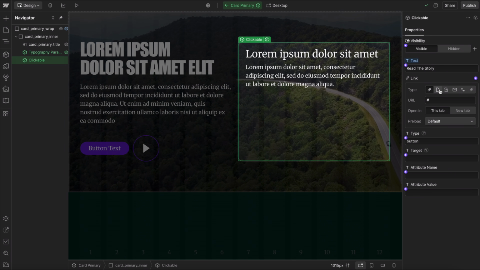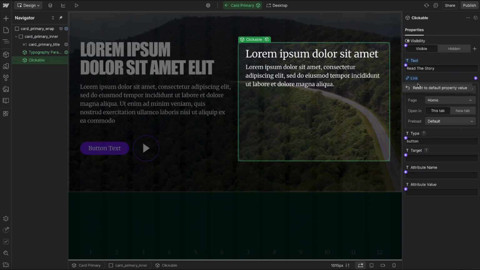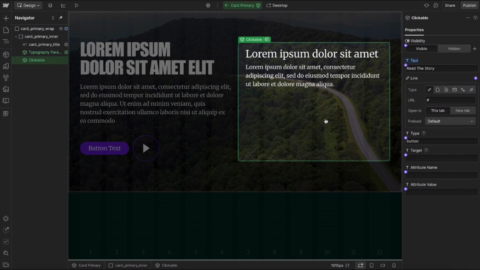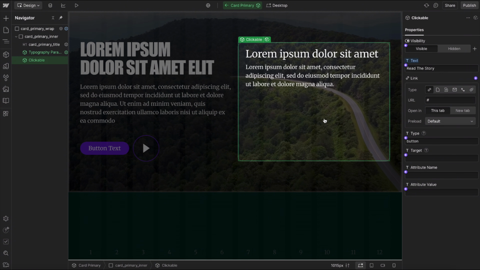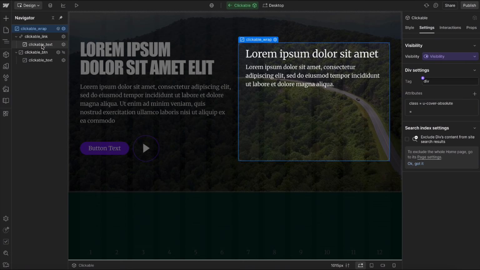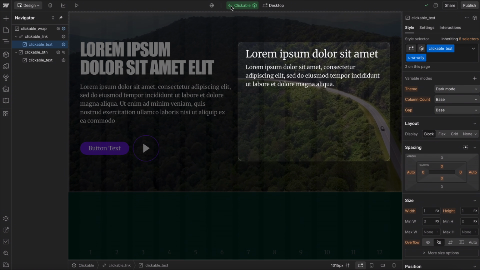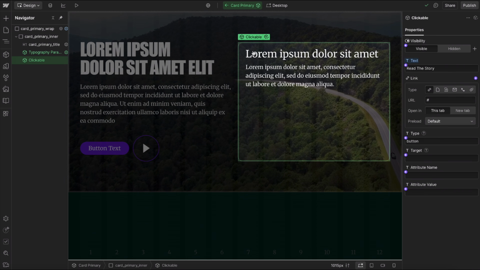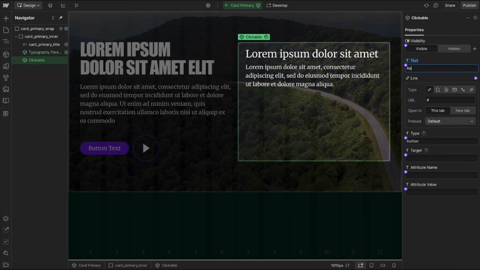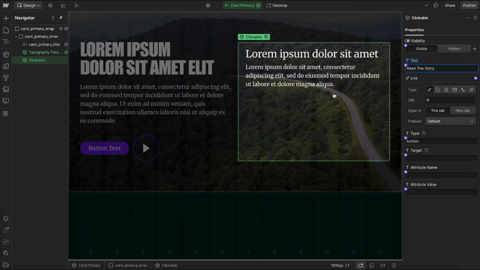So basically, if this link is set to go to a page or something, then it'll show the link. But if this isn't set, it'll use the HTML button tag. So this can open a modal or do some kind of action on the current page. Now, if we were to open this up, inside both the link and button there's some text with a class of screen reader only. So this is just some hidden text that the screen reader will read when focused on the button or link. And we apply that text here. So I might say read the story, or whatever I want this card to say